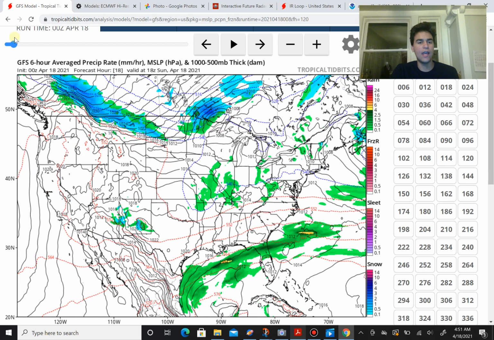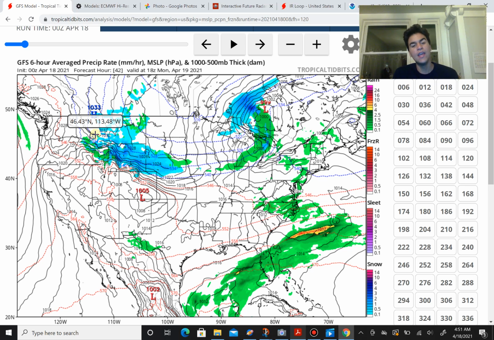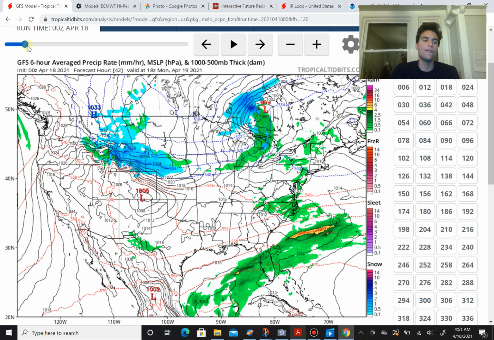And if we take a look at the GFS model 42 hours from now, they're nearly at the exact same location and have pretty much the exact same area of snow extending through Wyoming, which is quite amazing, how much these two computer models are in agreement. And that really gives me high confidence that this will happen in this specific fashion,